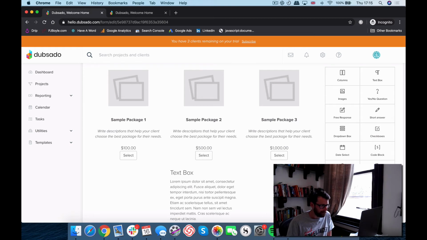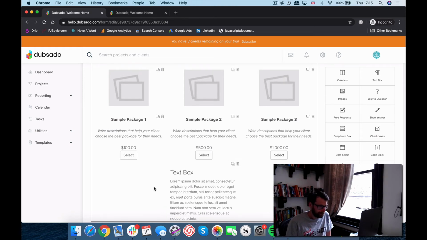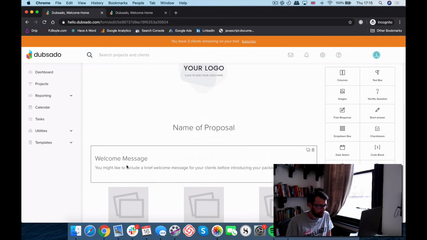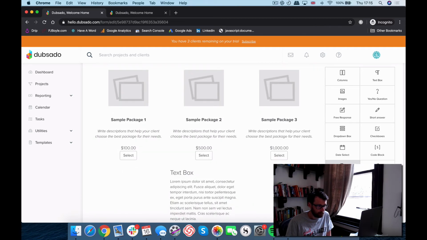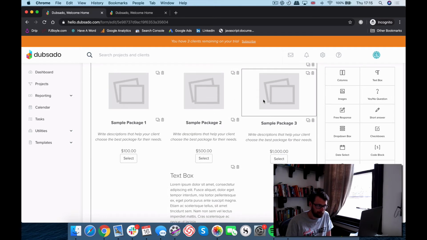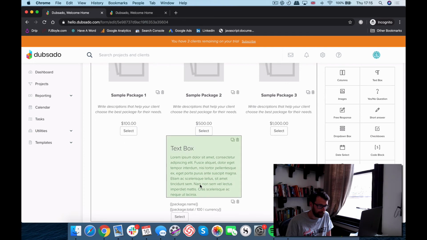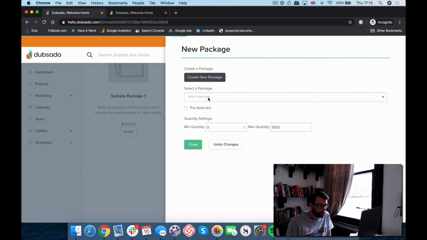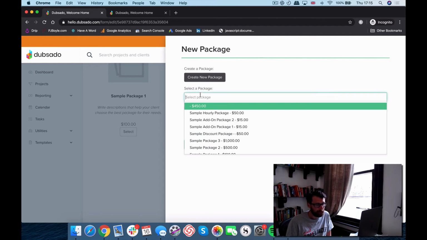Drag and drop builders are amazing. They make life so much easier. Little introduction about these are the packages. That's a follow on from that welcome message. And then you're going to literally just drop your package in. There it is. It doesn't look great. You can see here, you can add some images in, a nice little headline and things there too. But then if you click on the package, not on the text above it, you can select your package and say,